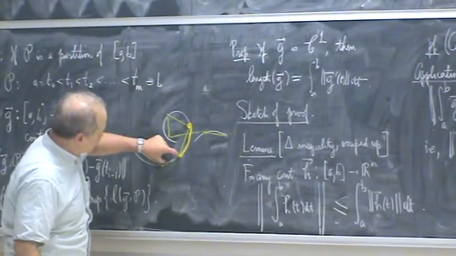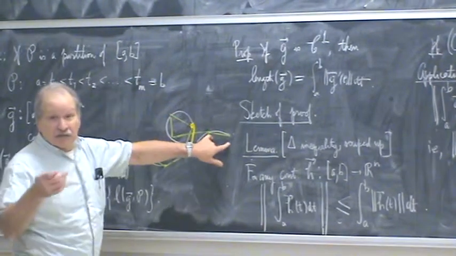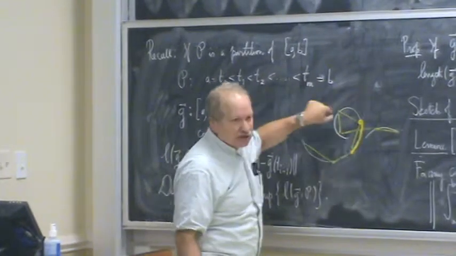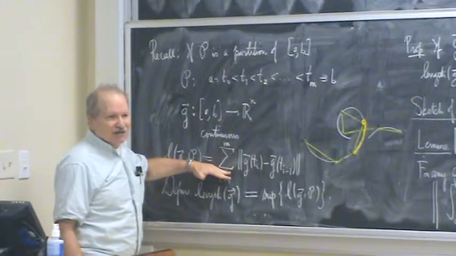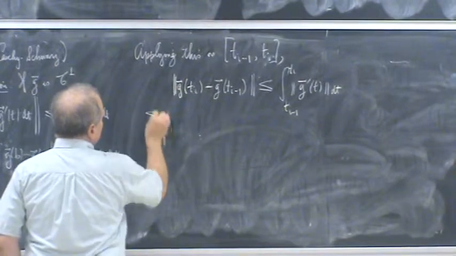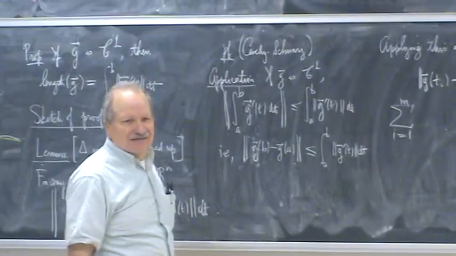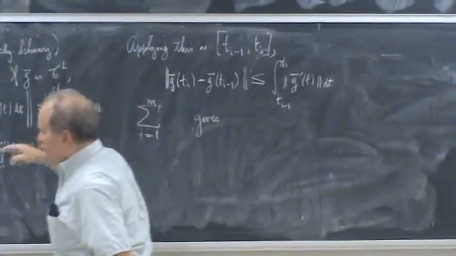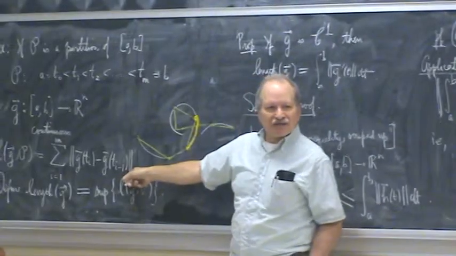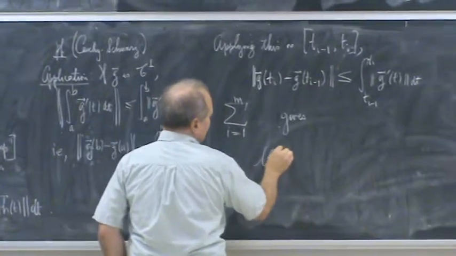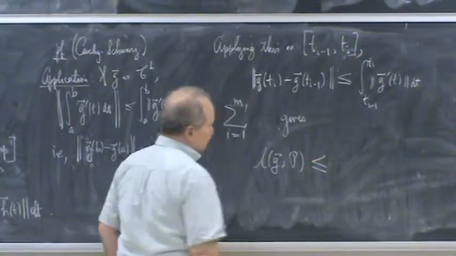What can I do with all the individual pieces then? If I have m pieces, and it's true on each one of the m pieces, what should I do? Summing. So adding these up, what do I get? Well, on the left-hand side, I get the length of this polygonal path. I just added up the lengths of these line segments. Is less than or equal to